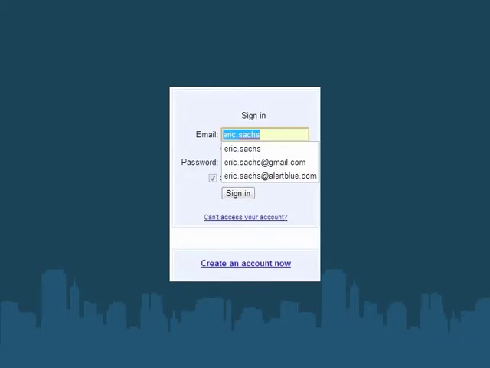This is about the only enhancement we've seen in the last few years: the type ahead and browser autofill that our browsers support, where it remembers the last few accounts you've used on this site.